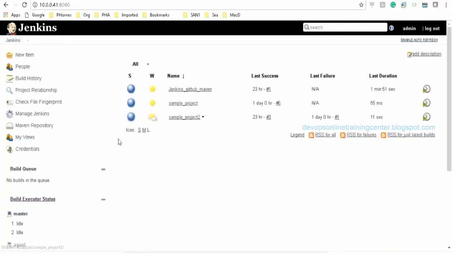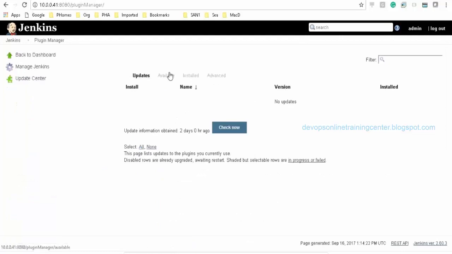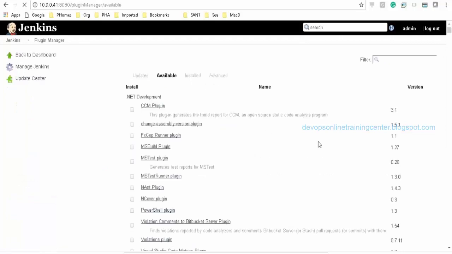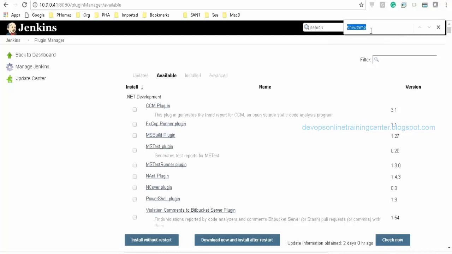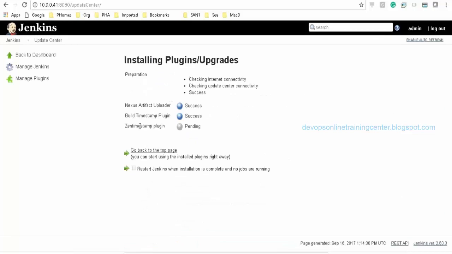There is also something else for timestamp, the Zen Timestamp plugin. Okay, so I just installed 3 plugins: Artifact Uploader, Build Timestamp, Zen Timestamp.